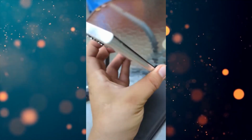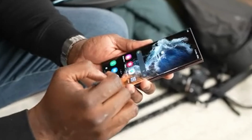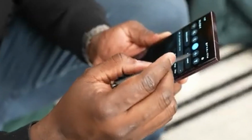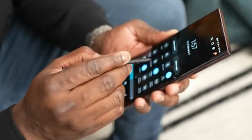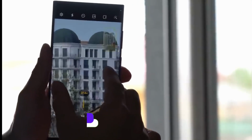Samsung Galaxy S23 Ultra is going to come with some amazing new features, and we're going to see the new feature which will be first introduced in the S23 Ultra. Also, Galaxy S23 Ultra new camera samples are out, and the S23 Ultra is going to come with some shocking